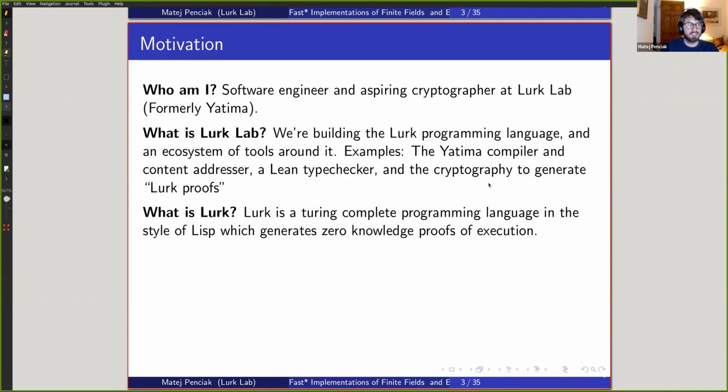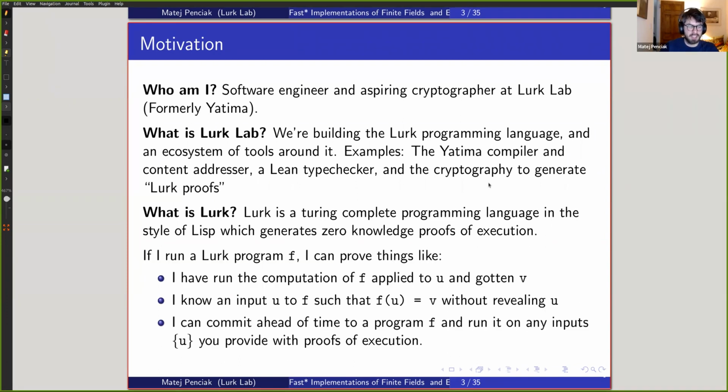If you look at the syntax for Lurk, and if you know some Lisp, you'll feel very much at home. But what differentiates it from something like Common Lisp or Scheme is that it can generate zero knowledge proofs of execution. So some examples of what it can do is, if I have a Lurk program F, then I can run the computation F on some input U, and I can